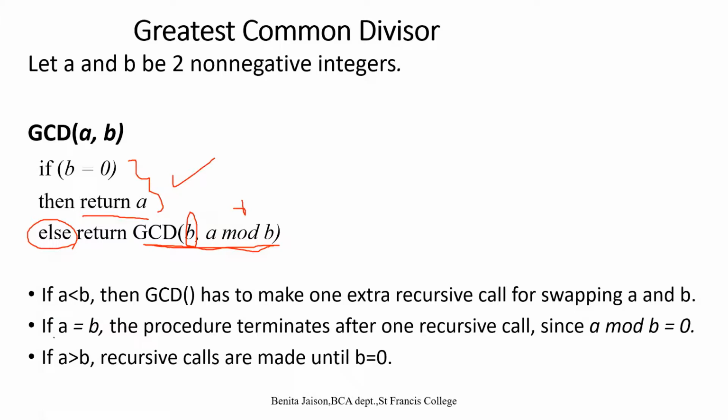Only these 3 lines will be there, but what we have to understand is, if A is less than B, as I told in that second example, in the Euclidean algorithm, when we do it manually, we make one swapping of the values. But using this algorithm, if you are running the program with A value less than B, then one extra recursive call is made, where we are calling the GCD function one more time. That's why in the second example, we had one extra row, right? We had one extra row because we made an extra recursive call for the GCD function.